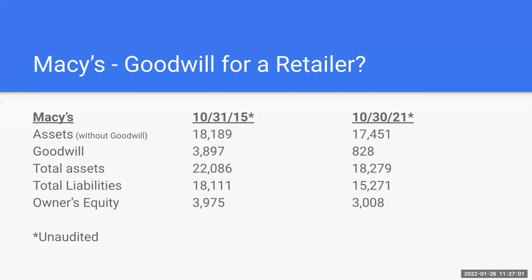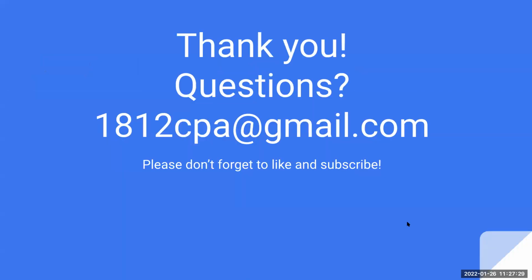So again, when you have goodwill, should you be disregarding this for financial statement analysis purposes? I would probably say yes in most cases. But again, you want to go through and really understand what their goodwill looks like. And Macy's, in my opinion, probably should have happened a lot sooner. Again, goodwill is impaired. And so why did this drop? It's because they finally realized that it's impaired and they had to take a write down.